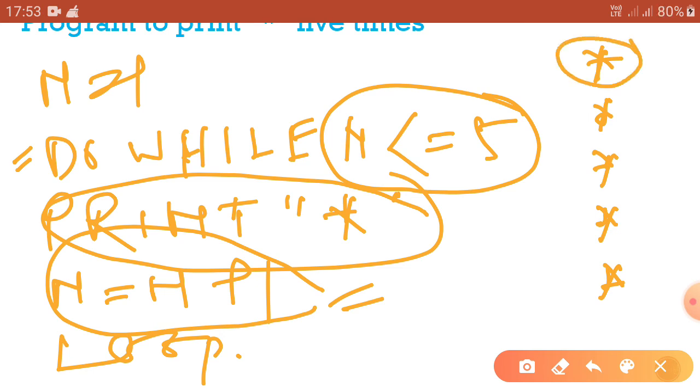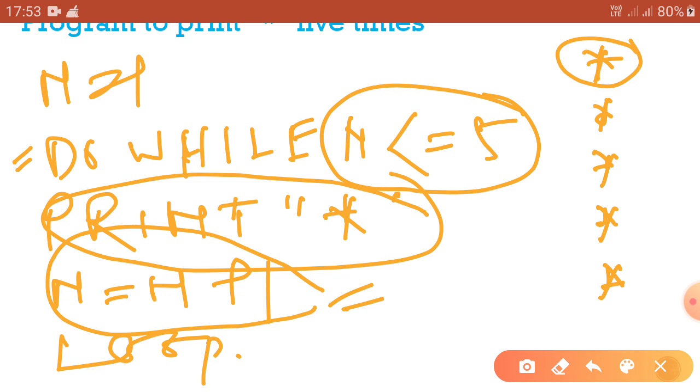And now when n becomes 2, once it reaches the loop statement, it again tests the condition n less than equal to 5. If the condition is true, it repeats the loop execution, otherwise it terminates.